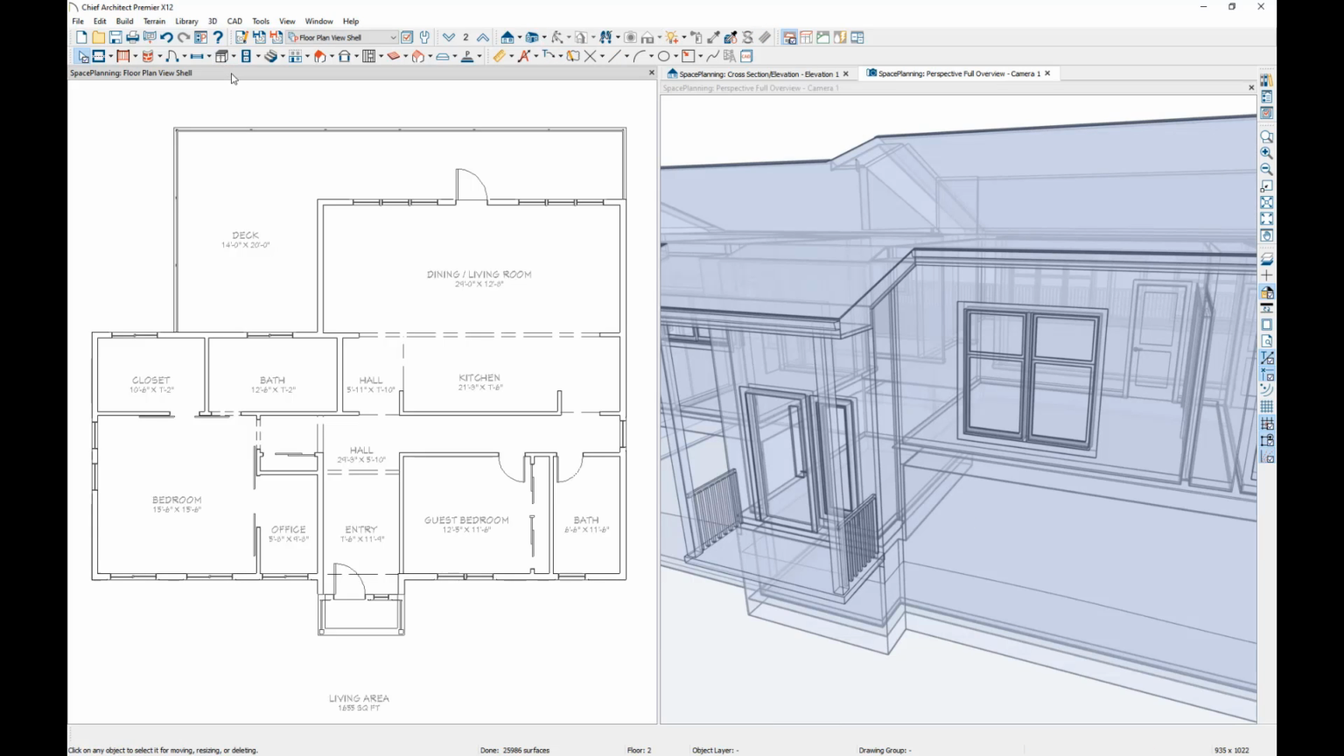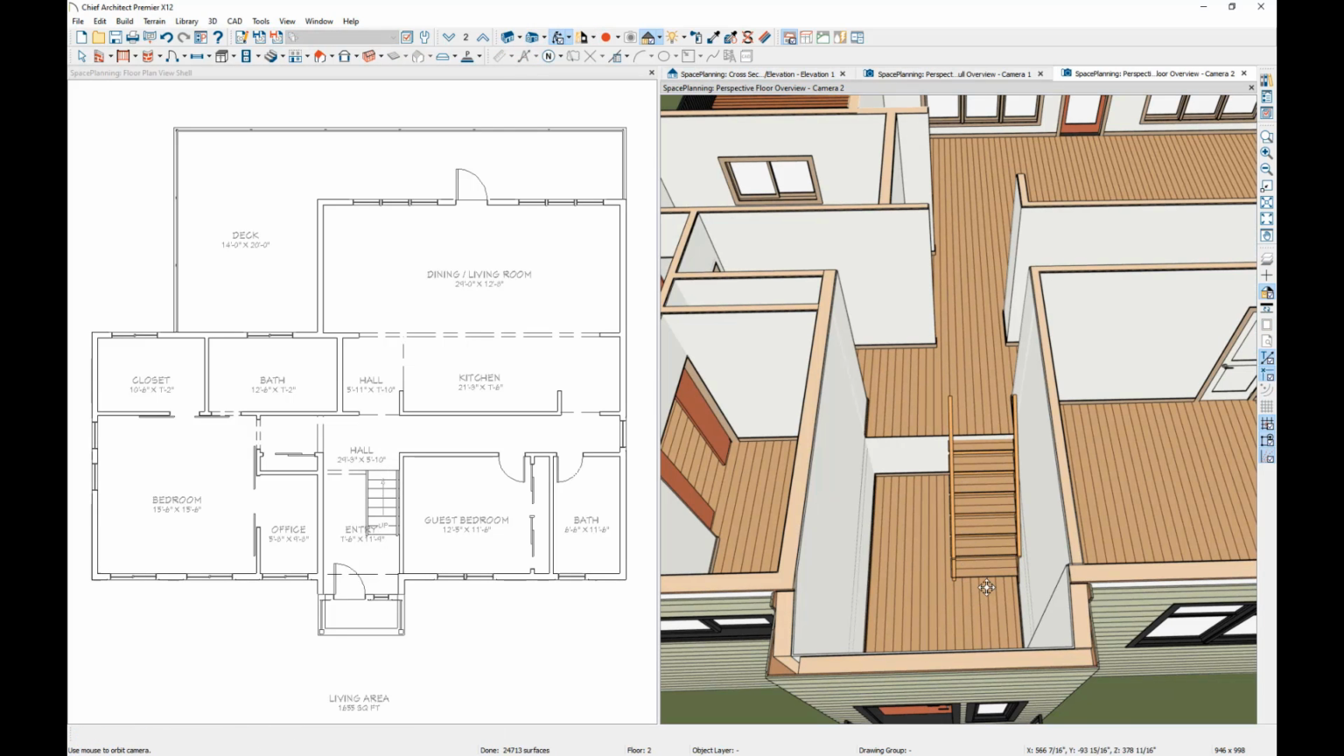I'll just come into my plan view. I'm on floor 2, and I'll grab my stair tool, and I click and drag up into the invisible wall for my hall. Chief Architect knows where the platform height is for this entry based on where I started dragging my stairs, and where I released my stairs was at the next platform height. So you can see if I take a floor overview, I have stairs coming from my entry up onto my